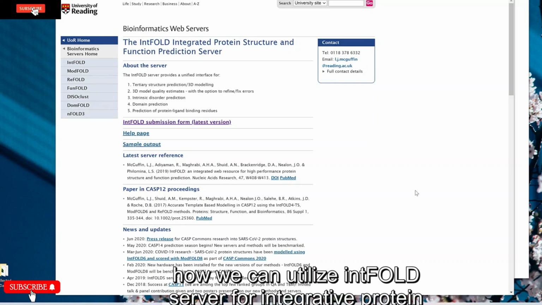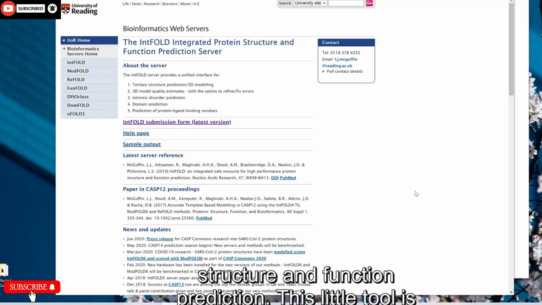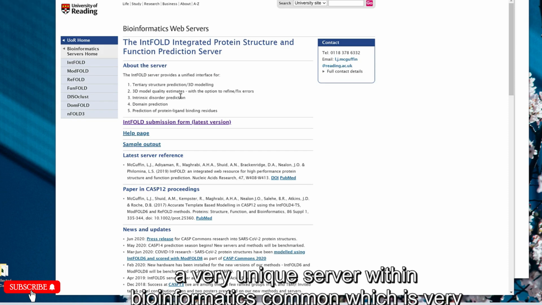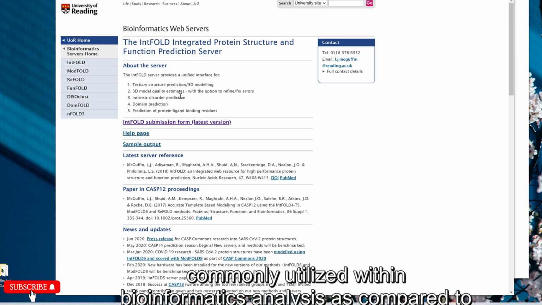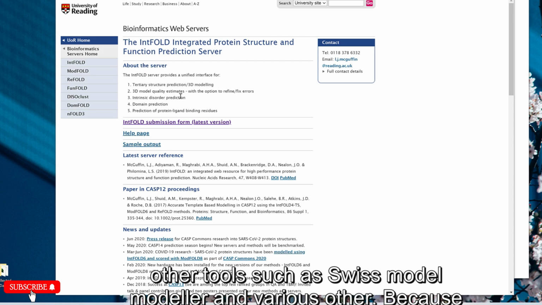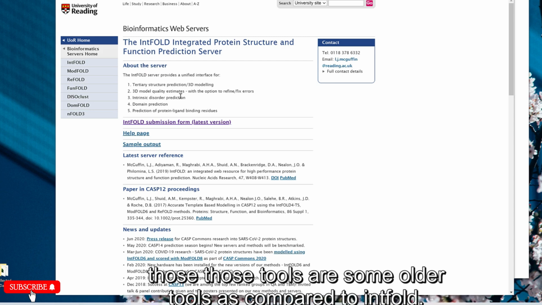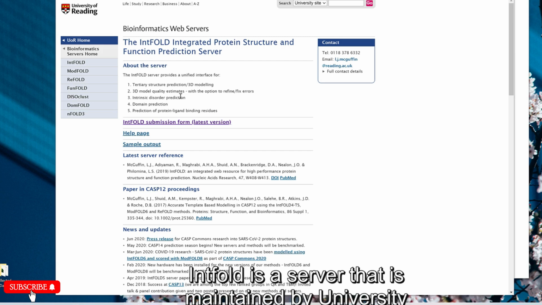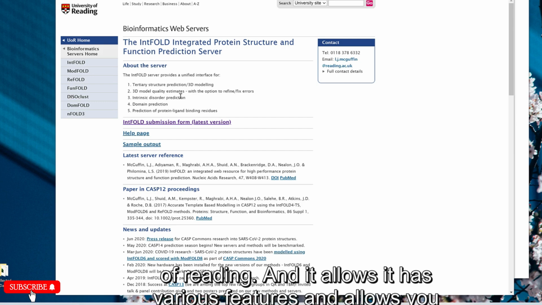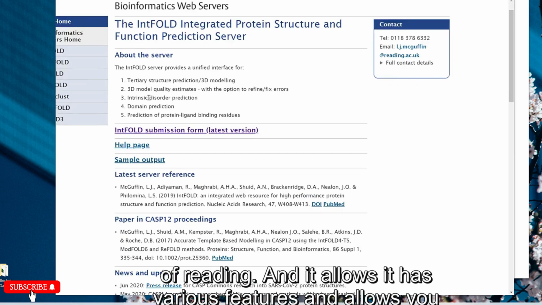How we can utilize IntFold server for integrated protein structure and function prediction. This tool is a very unique server within bioinformatics, as compared to other tools such as Swiss Model, Modeller, and Phyre, because those tools are older as compared to IntFold. IntFold is a server that is maintained by University of Reading, and it has various features